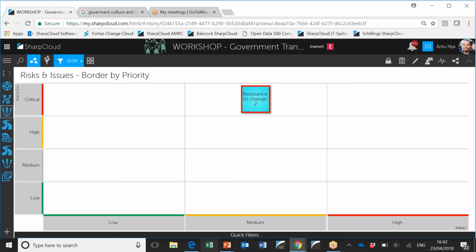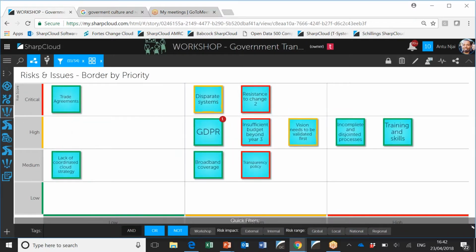Okay, and I'll just expose all of those other items. So we can do some merging, we can do some publishing and some unpublishing, and we can then go through other views as well.